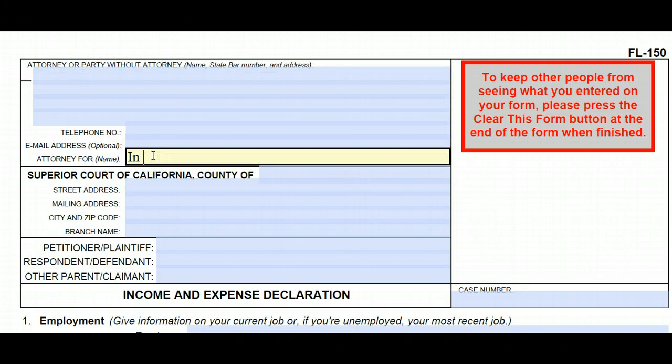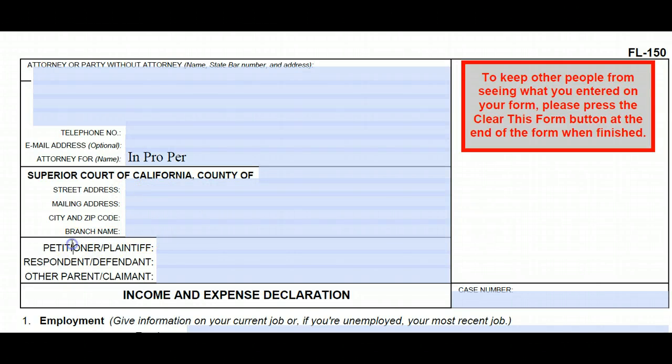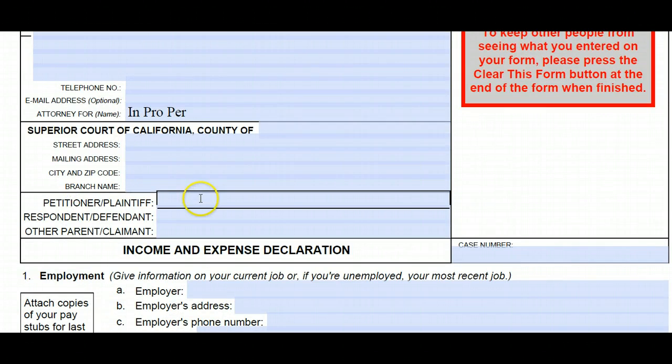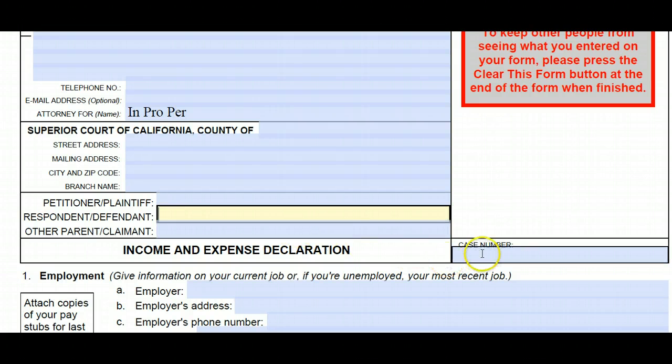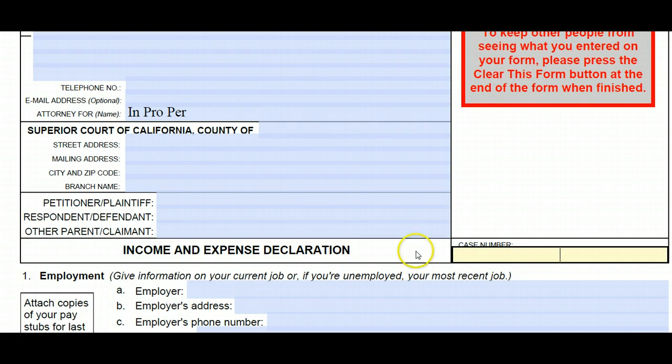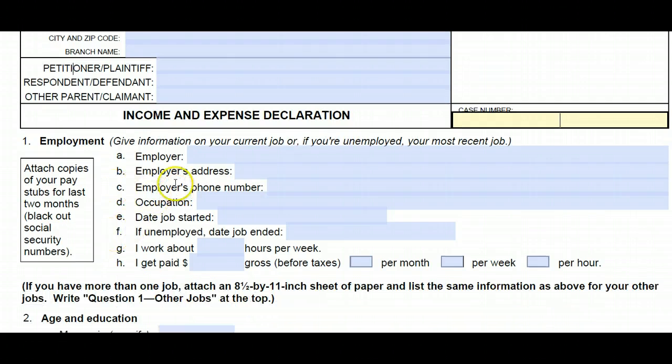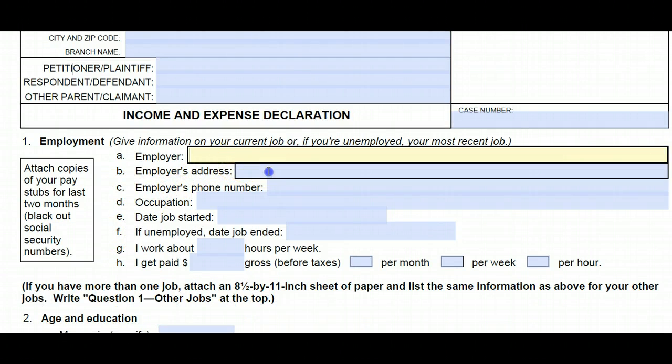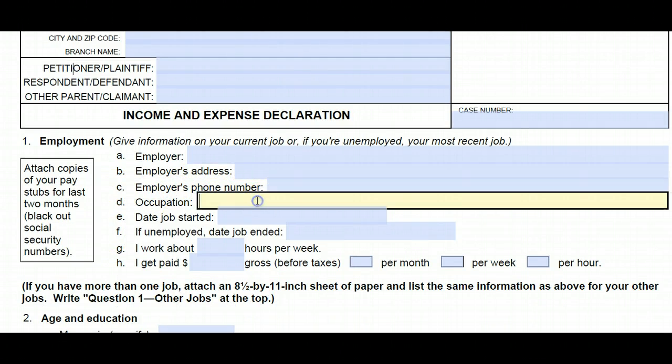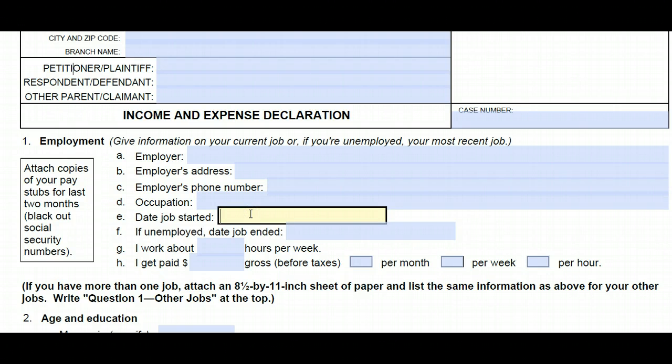I'll just do this part in case you forgot. In pro per, if you're representing yourself. County of Los Angeles, and you'll put the court information in here. Petitioner, your name, respondent's name, and at this point you do have a case number, so make sure you include that here. You're going to give your employer name, employer address, phone number, your occupation, when you started your job,